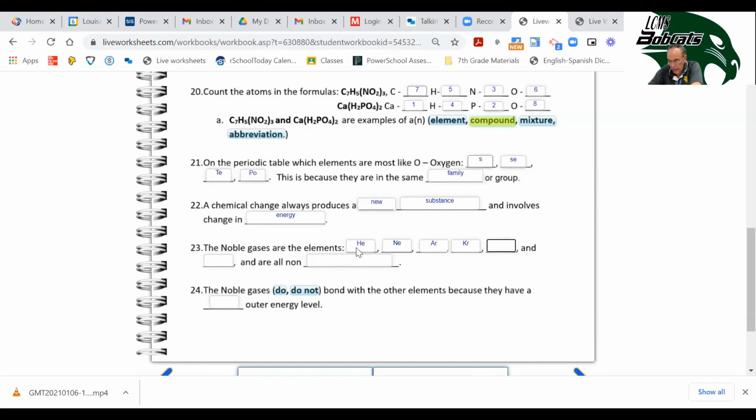And right under krypton is xenon. And right under xenon is radon. Okay? And they are all non-reactive. Remember, the noble gases don't react. So it says the noble gases do or do not bond with the other elements because they have a full